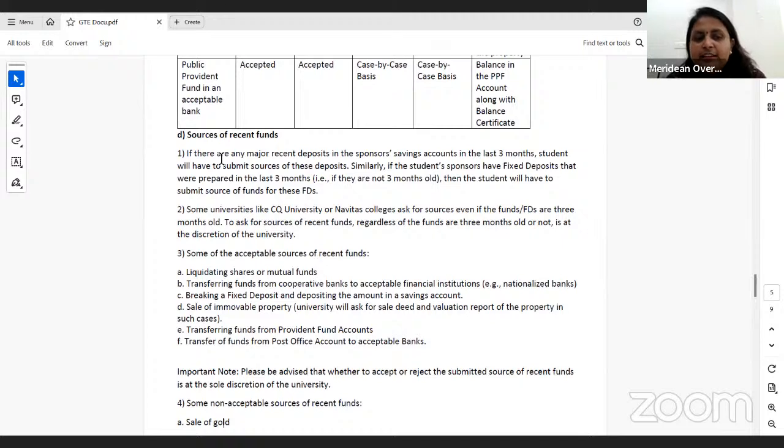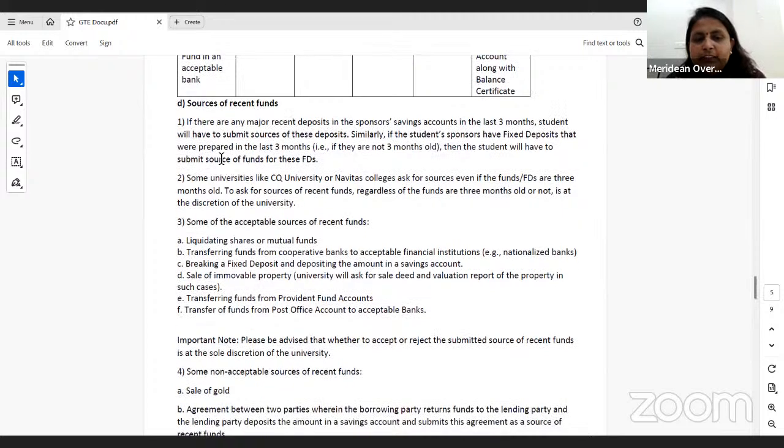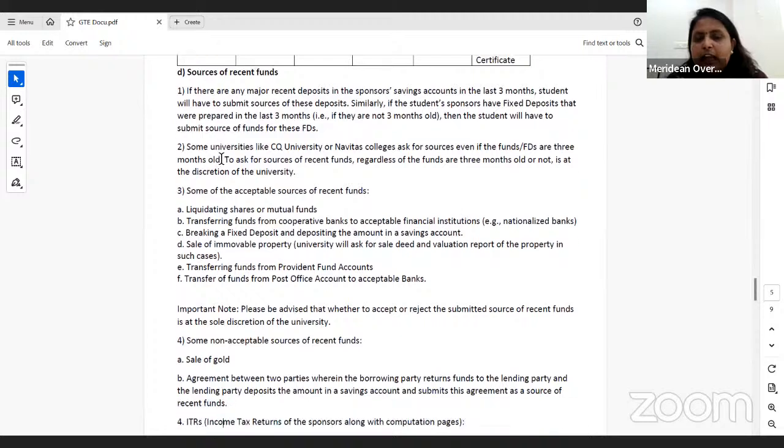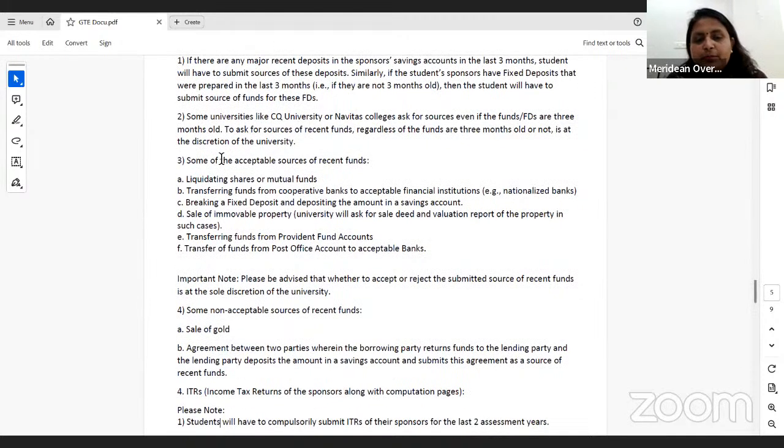सम फंड्स दैट वी आर नॉट एक्सेप्टिंग, दैट इज सेल ऑफ गोल्ड। अगर आप कोई गोल्ड लोन लेते हैं या गोल्ड सेल करते हैं तो दैट इज नॉट एक्सेप्टेबल एज अ फंड। आप कहीं से बोरो नहीं कर सकते हैं पैसा, या गिफ्ट मनी या बोरो मनी इज नॉट एप्लीकेबल, सो वो भी नहीं चलता। अब ये हमारे जितने भी फाइनेंशियल हैं इसको सपोर्ट करने के लिए हमें आईटीआर की रिक्वायरमेंट होती है।